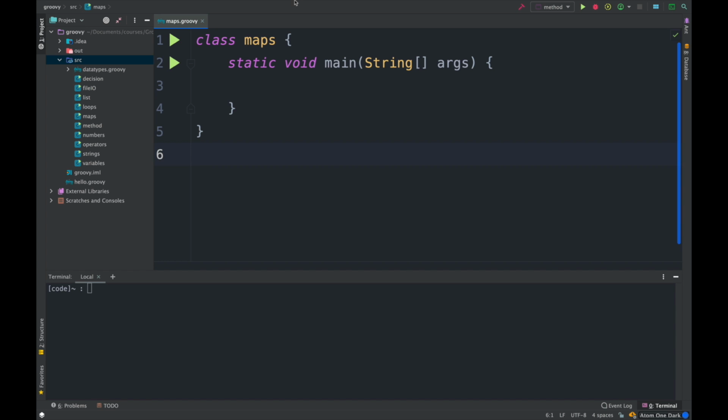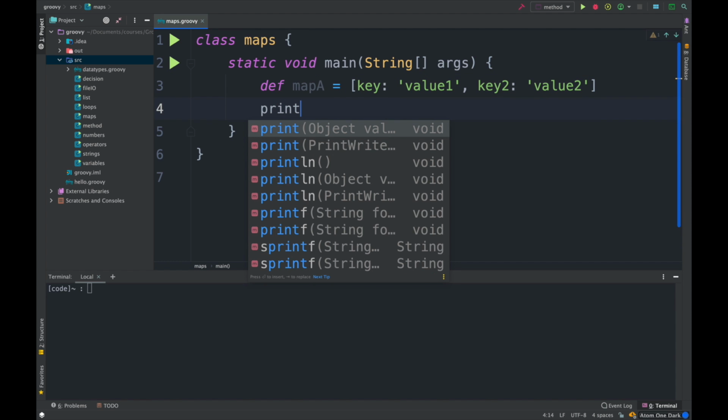So now in IntelliJ, we got a class called maps, and then we have a main method there as well. I'm going to start by creating a very simple map here. Let's start by defining def, and I'm going to name it mapA equal to, and then we have to have square brackets. Now there are two things to create an object within the map. We have a key. I'm going to just name it key1, colon to separate it from the value, and then I'm going to simply type value1. Now to add more to this collection, I'm going to type a comma. The second key name, we type key2, and then a value for that would be, let's just say, value2. Now this is a very simple map.